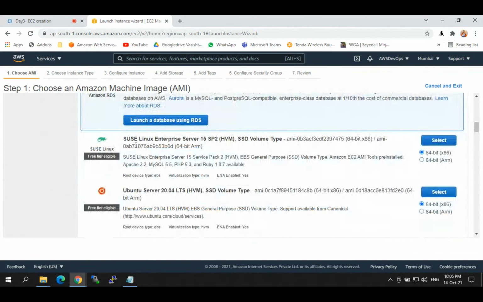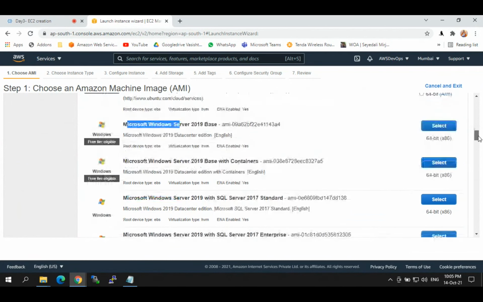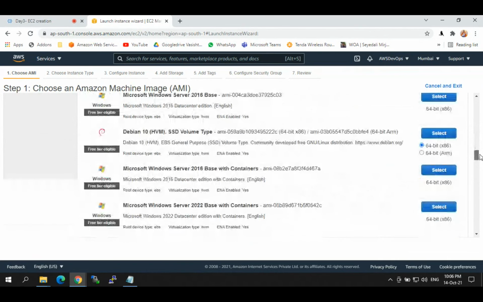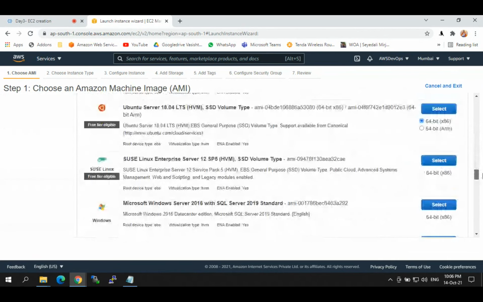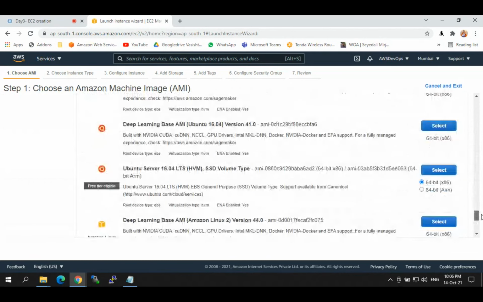Next, if you see, SUSE Linux. This is also one of the Linux operating systems. So this is Ubuntu. Ubuntu operating system is there. So see here, Microsoft Windows operating system is there. Okay, so all these are Windows-based operating systems. So you can launch any one of the machines, but remember,